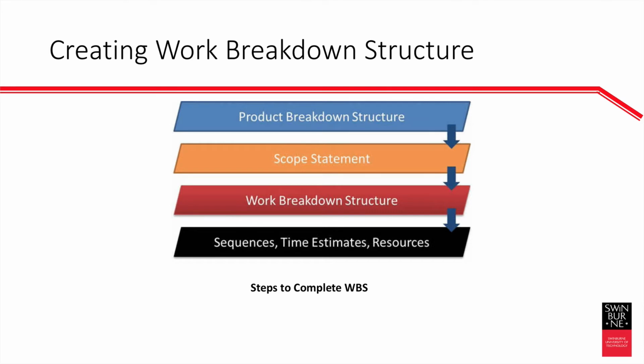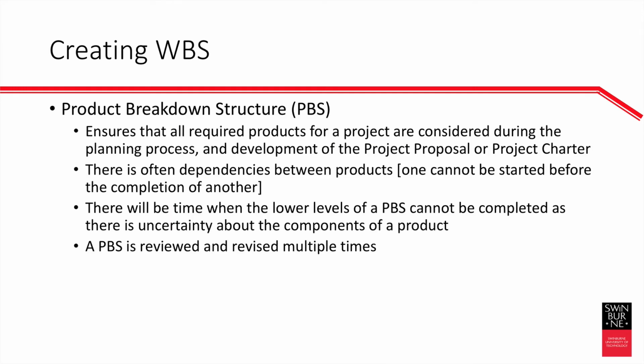So let's have a look at how to complete a work breakdown structure moving forward. We're going to break the tasks down into identifiable components: the scope, the work breakdown structure, and the sequencing. The product breakdown ensures that all required products for a project are considered during the planning process, and development of the project proposal or project charter is consistent with understanding of what's required to be delivered to meet the business